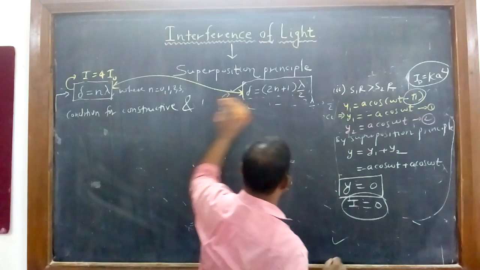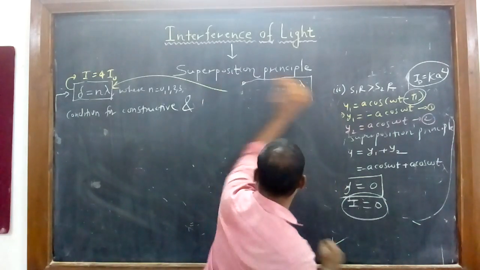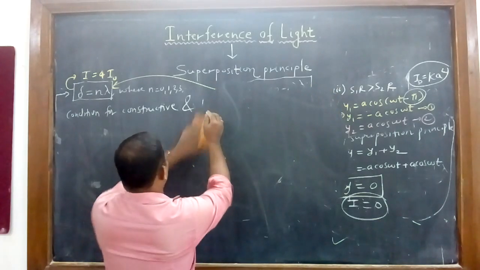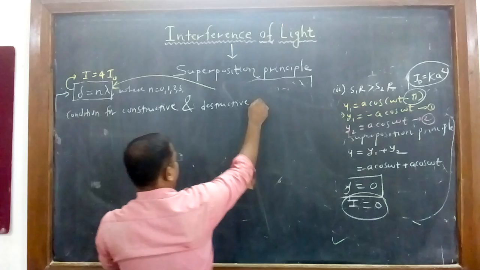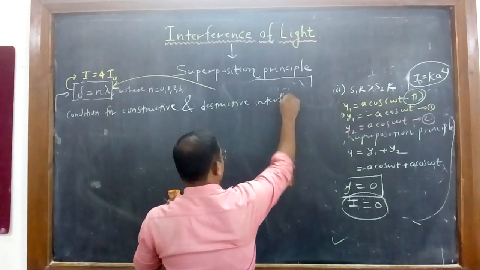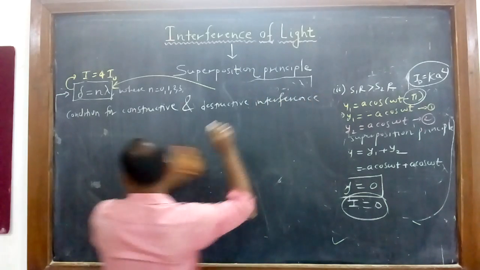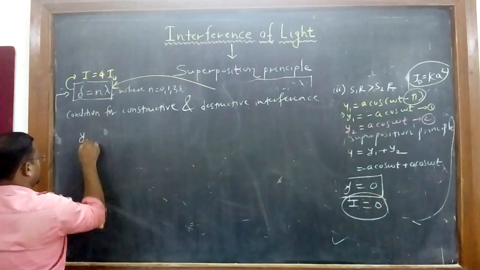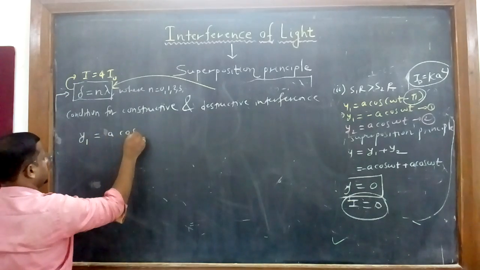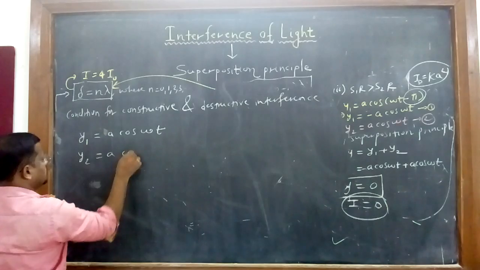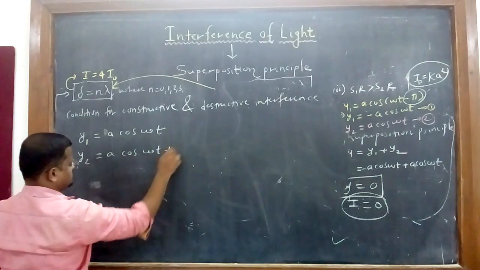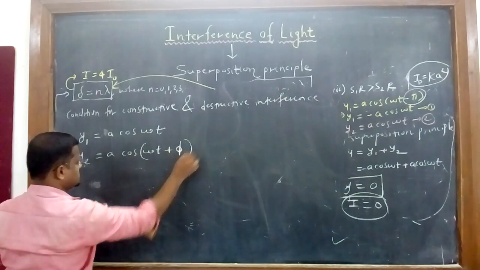Condition for constructive and destructive interference. Already I wrote, once again I am going to copy here. So it is destructive interference. So generally I will prove here, equation number 1 is, one wave is y1 is equal to a cos of omega t, and next one, equation 2, is y2 is equal to a cos of omega t plus phi. So for today's first concept,